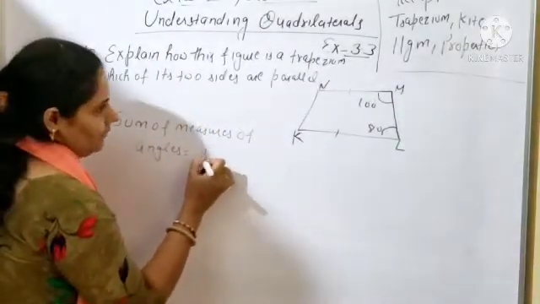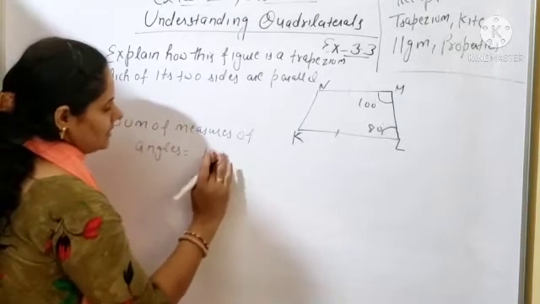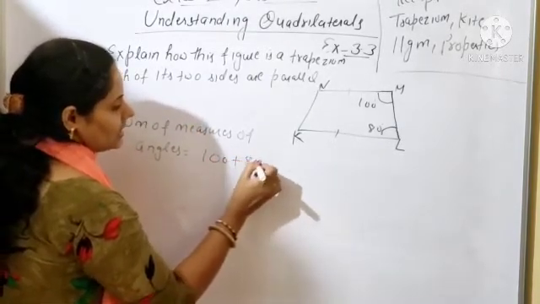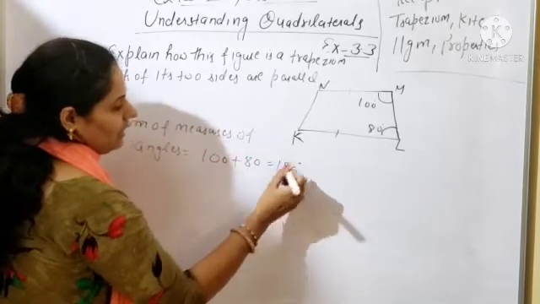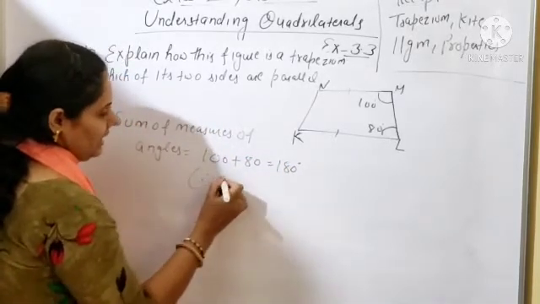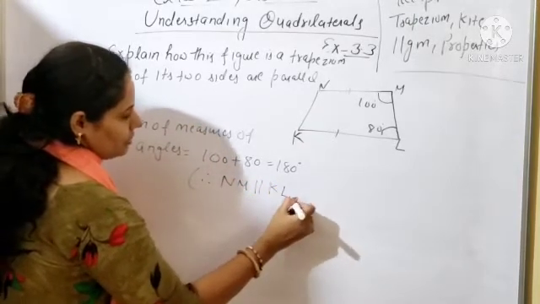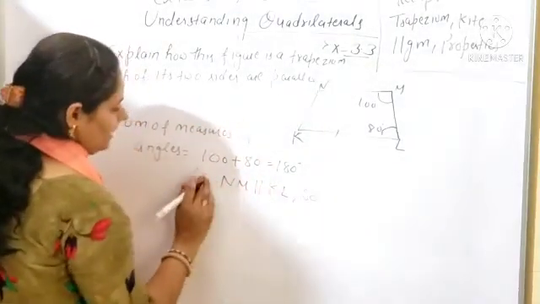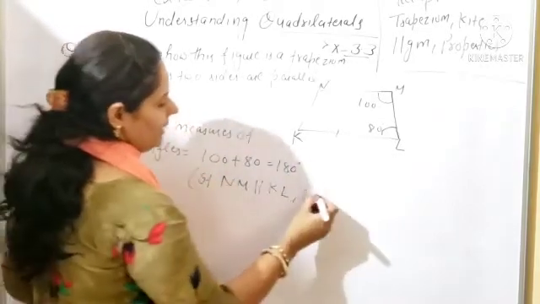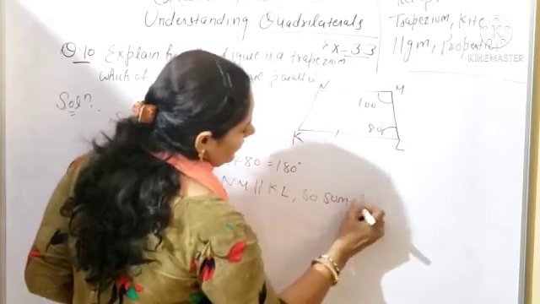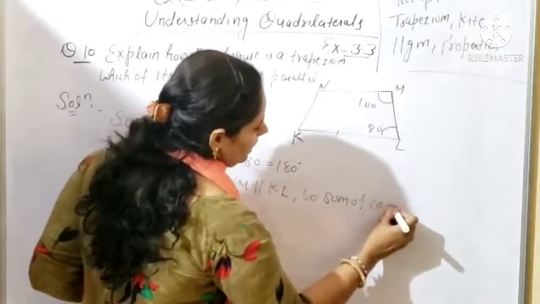Okay, so you will write 110 plus 100 plus 80 is equal to 180 degree. Okay, so you can write the reason here. NM is parallel to KL. So if NM is parallel to KL, so you will write sum of co-interior angles